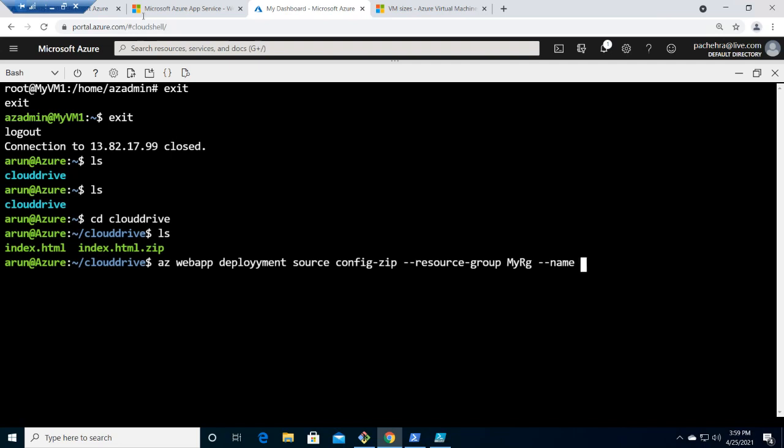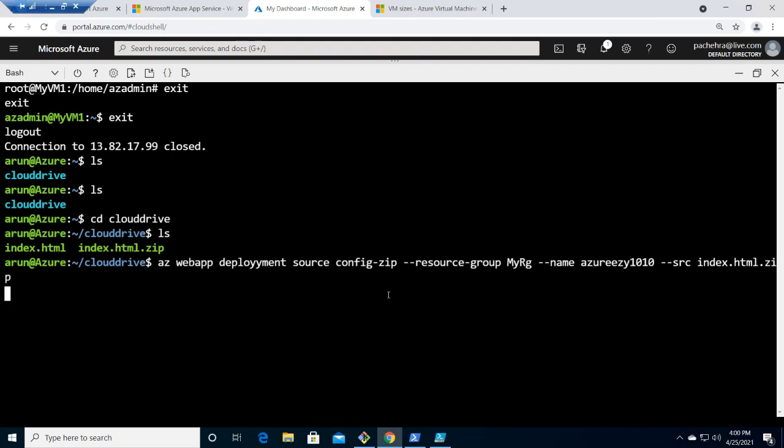Name, we have Azure, AZ-1010. What I remember, Azure AZ-1010, right? Let me give the source, which is index.html.zip, right?